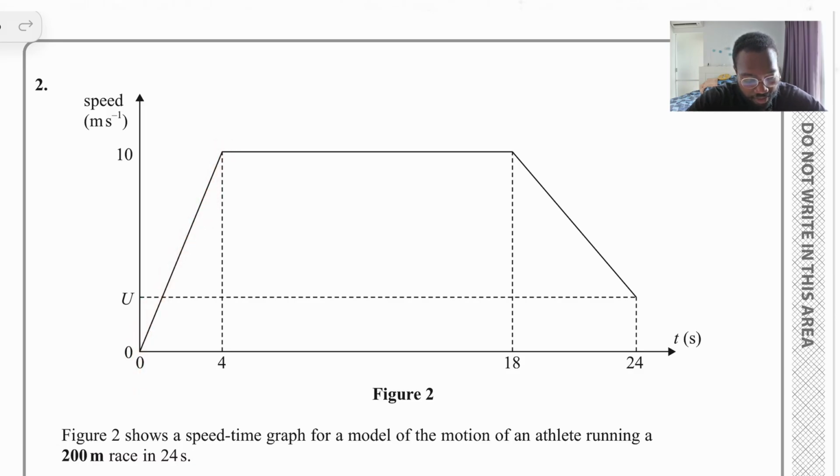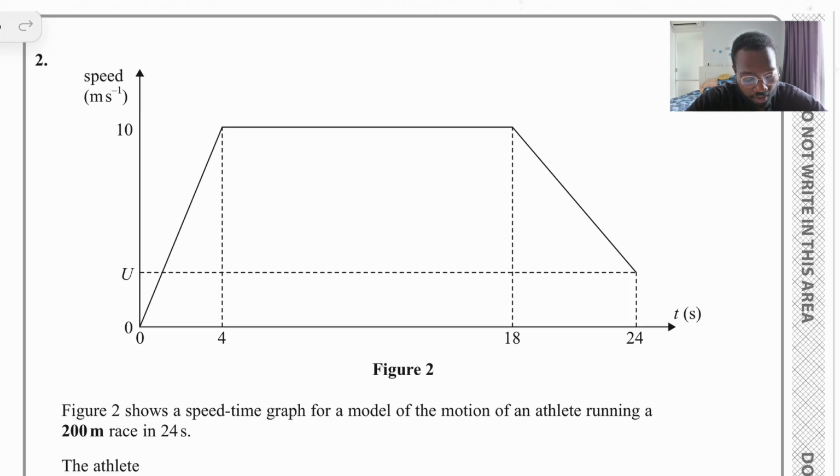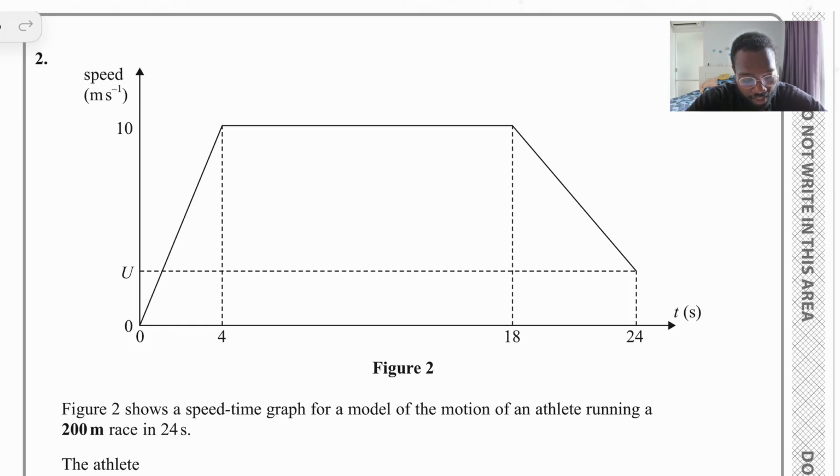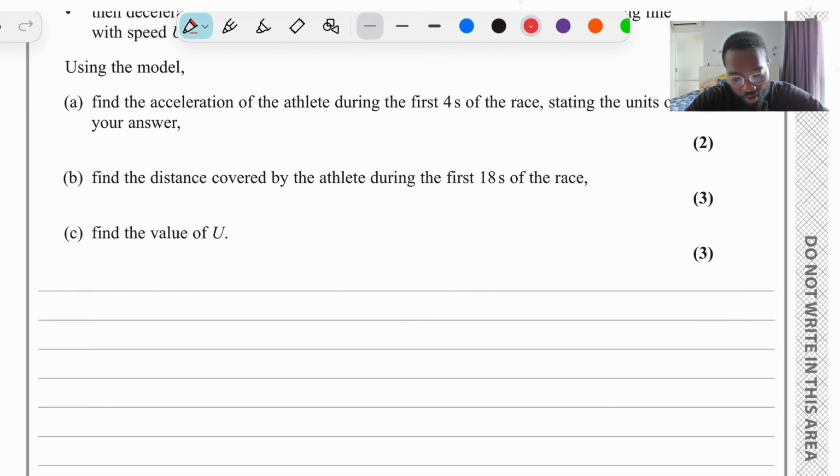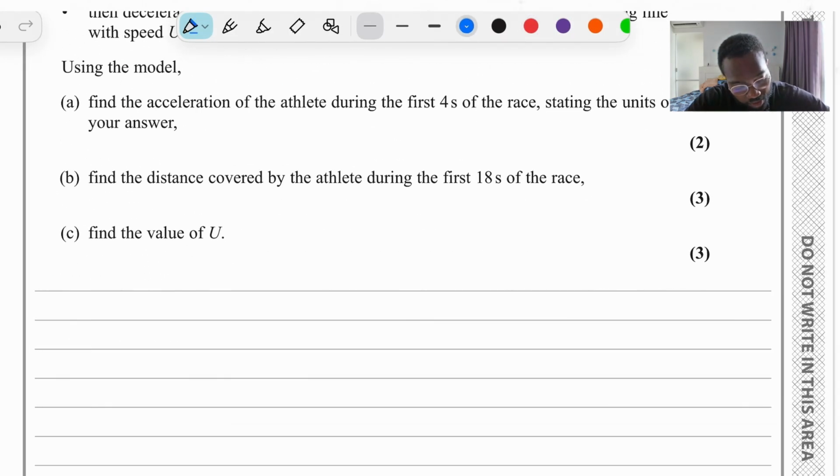As you can see, it's a straight line, right? A linear line. So we can just do, what's it called, change in y over change in x to work this out. So we know that this distance here, the vertical, that's 10 units up. We know that this thing here, that's 4 units. Therefore, for part A, fairly simple, it would just be 10/4, which gives us 2.5